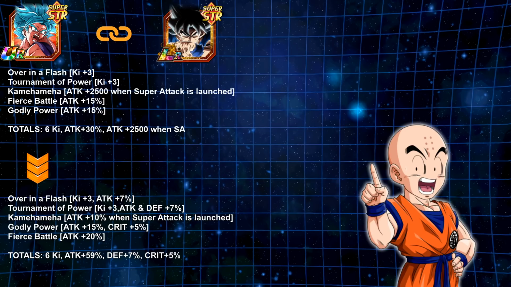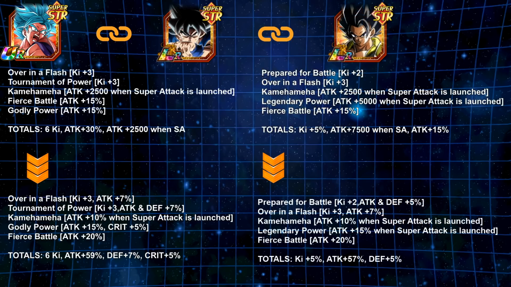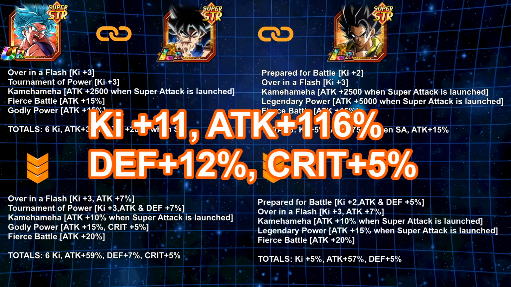That is crazy good. And now let's add a third person to link up with in that middle slot for LR UI Goku, right? I'm going to put in Strength Gogeta here because they link up very well on top of that. So if you added all this up here, which is once again crazy, it is plus 11 key, attack 116%, defense 12%, and crit 5%. So it's like, wow, the link skills are just incredible,